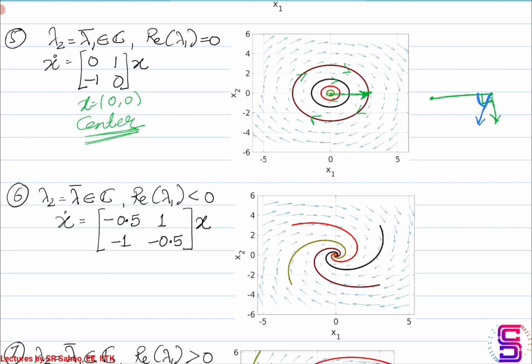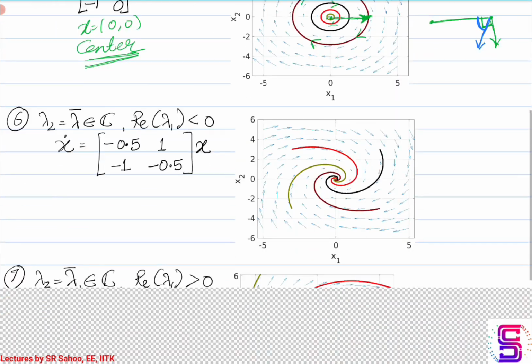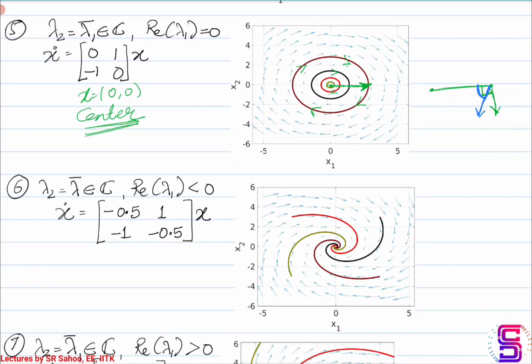When they were perpendicular, if they start on a circle, they will remain on the circle. But because of this slight change in the direction, you start on a circle and keep moving in terms of a circle, so you'll have an oscillatory response, but notice that you are moving towards the inner circles, which means the amplitude keeps on dropping. So that is what you are seeing.